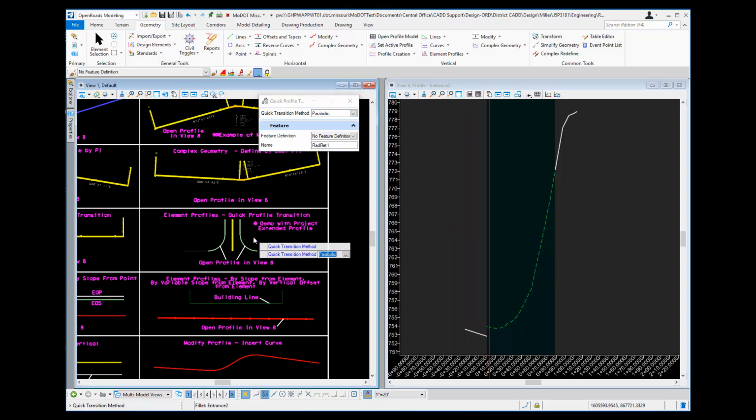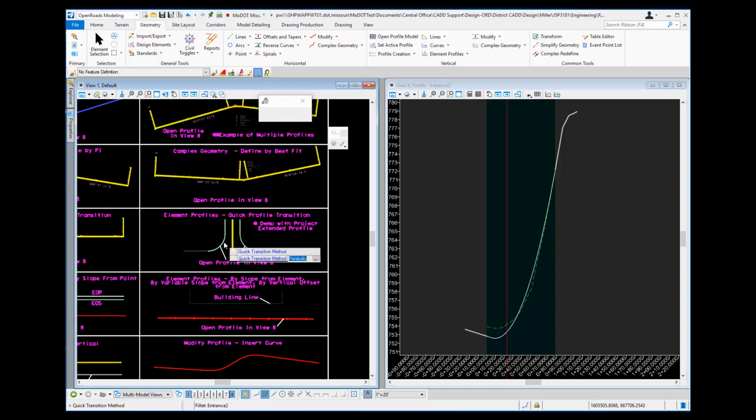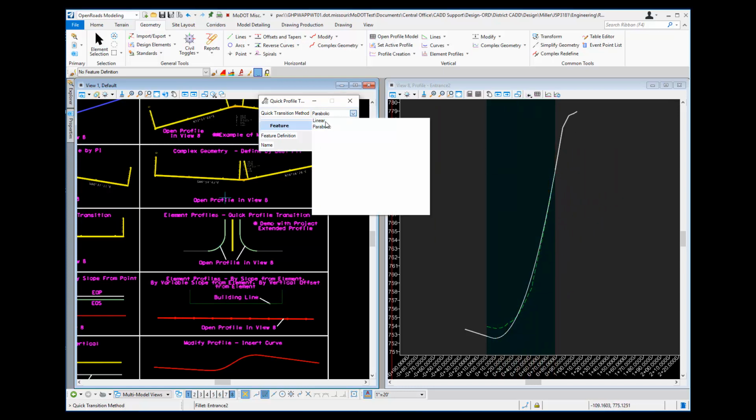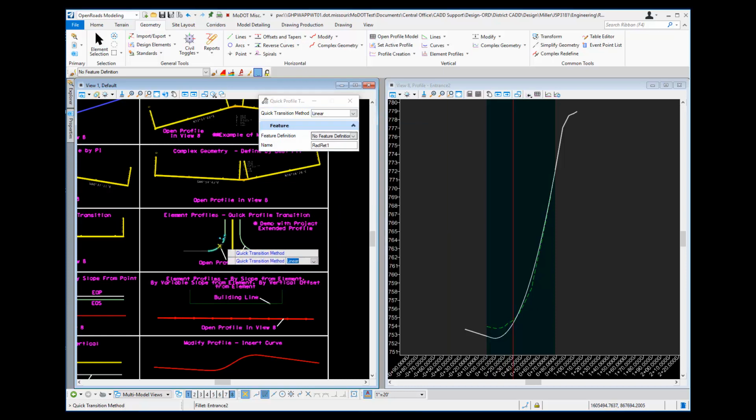And it says, okay, we're going to use this parabolic, so we'll accept it. And locate what to define. We're going to locate our arc, our simple curve out there. Left click on it. And as you can see in the profile model, now it has created that profile for you. If I go ahead and switch it to linear and do the same thing, select that arc, you'll see